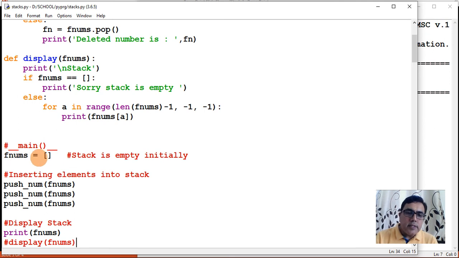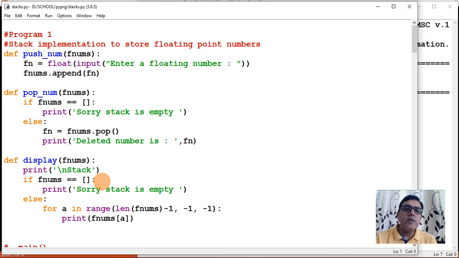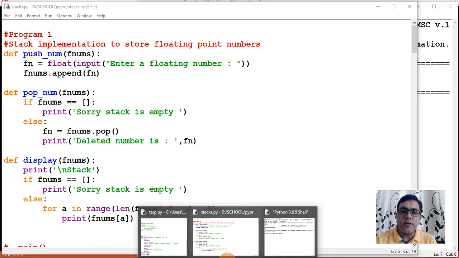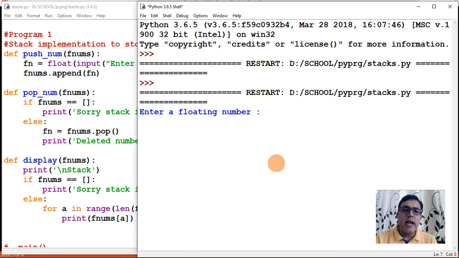Then this is the first statement which will execute, fnums is equal to an empty list. So initially your stack is empty. Then it has called push underscore num with fnums. It has given fnums to this function. Now in order to execute this function, it is executing this statement. From this statement you are getting this message, enter a floating number. So I'll enter